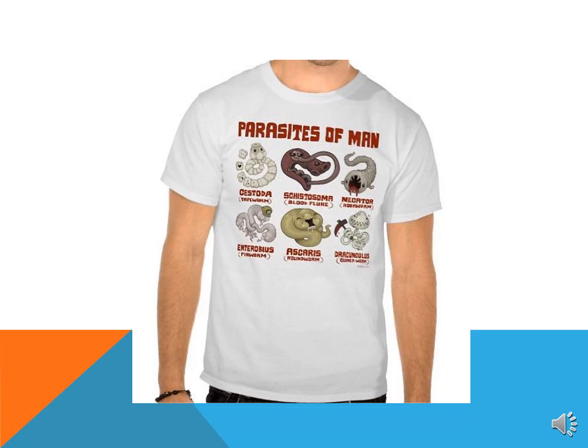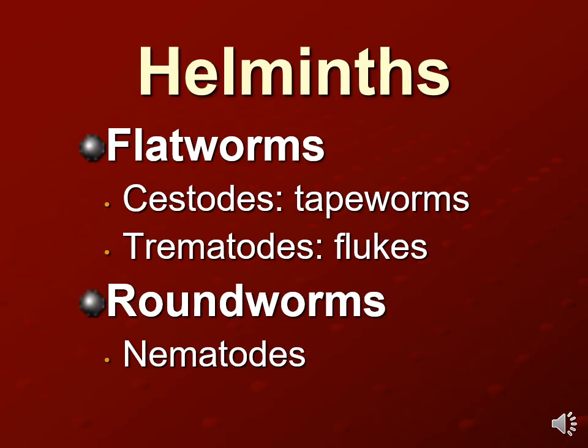Hello again. So today we continue with the other parasites. We have studied the protozoa before, which are unicellular, and now we shall study the worms, which are large and multicellular. Under the worms, which are called in parasitology the helminths, we have the flatworms and the roundworms. Under flatworms, we have cestodes or tapeworms because the adult worm looks like a tape, like the scotch